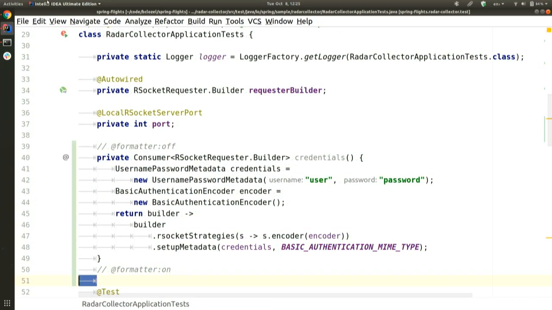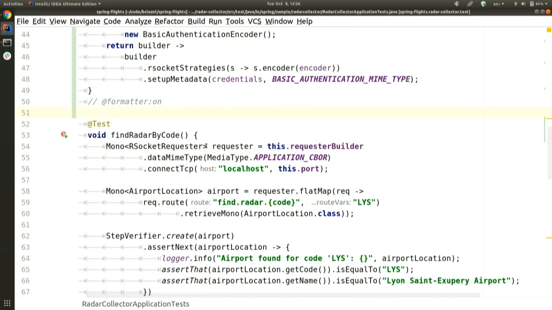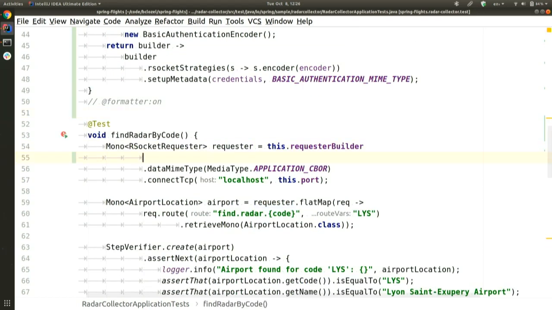And I'm not going to go over the details here, but this is integrating with the RSocket requester that Rawson spoke about earlier. Basically, we have a username password metadata, and that's just the username and password. And then we have an encoder, and the encoder knows how to encode the username password properly for us to read. And then we modify the builder to leverage both of those. Now to take advantage of that, all we have to do is just say apply credentials. And now if I rerun these same tests,